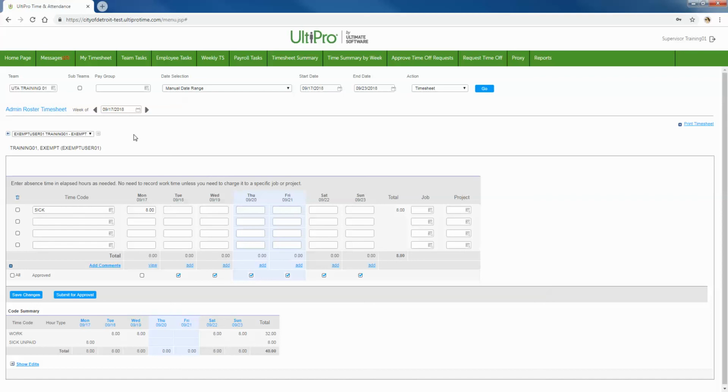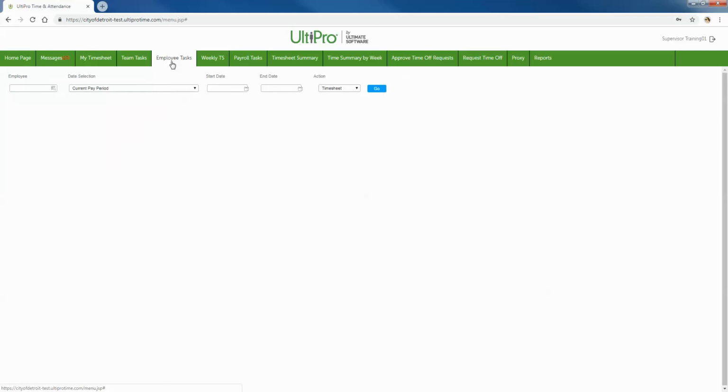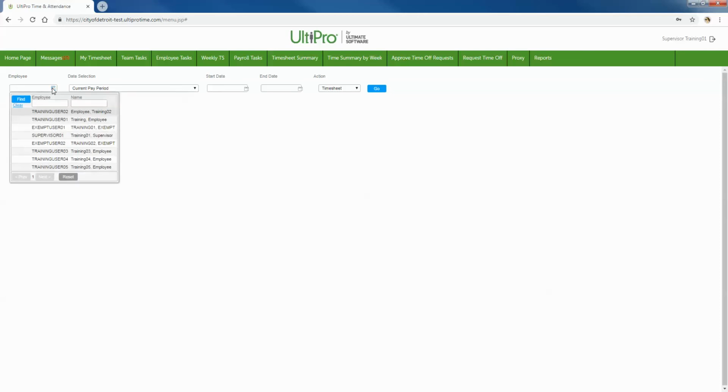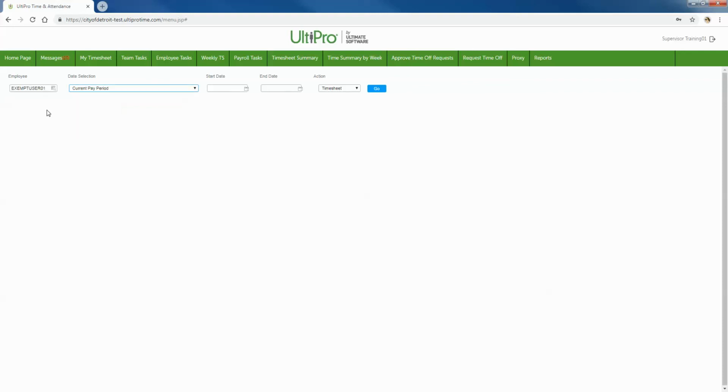Employee tasks. To access an employee's timesheet through Employee Tasks, click the Employee Tasks option on the header bar to display the Employee Tasks dashboard. Click the magnifying glass icon in the Employee field to select your employee. If you need to search for an employee, type a few identifying characters in the Employee or Name field and click Find. Then click the employee's name or number to display the employee's name in the Employee field of the